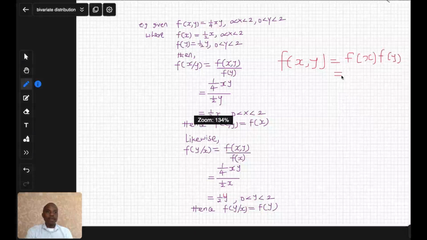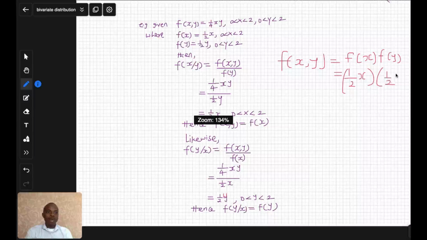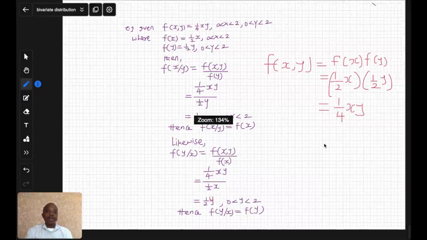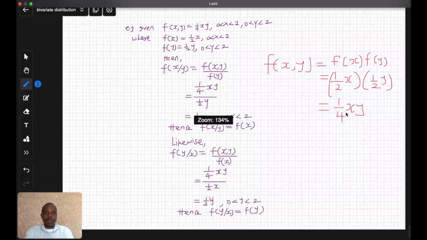And that will be obtained by saying 1 over 2. So f of x is 1 over 2x. Then when you multiply that with f of y, which is 1 over 2y, you are going to get 1 over 4xy. All right, so that's how we obtained the joint distribution